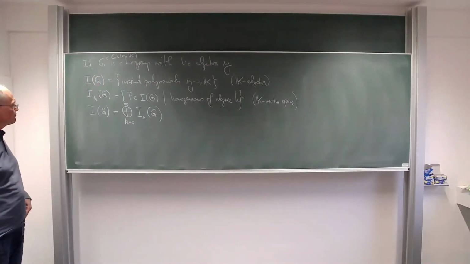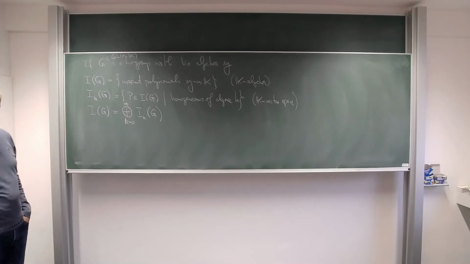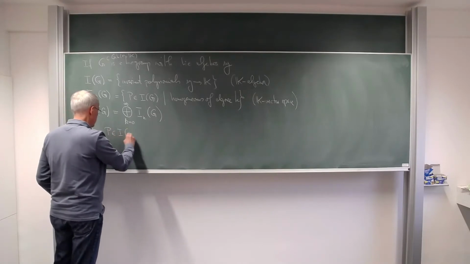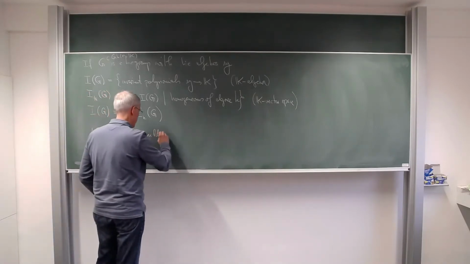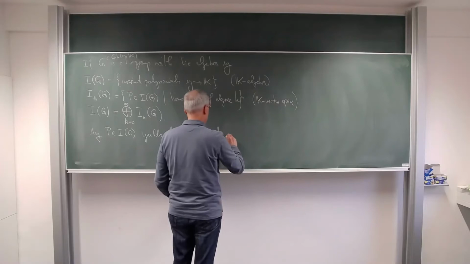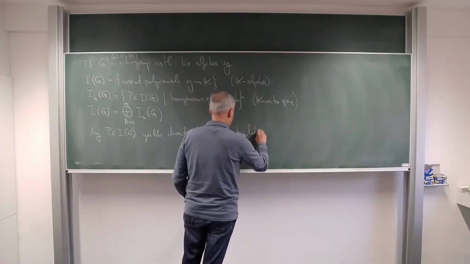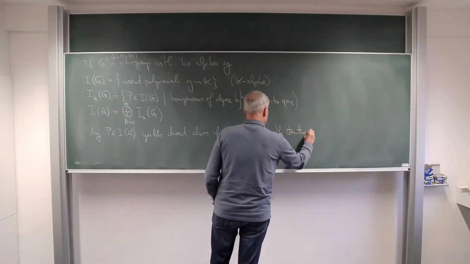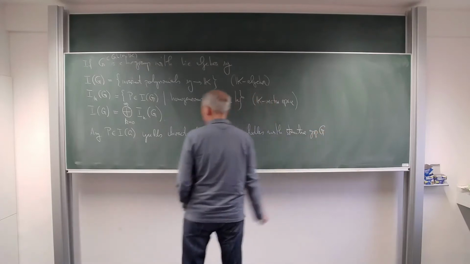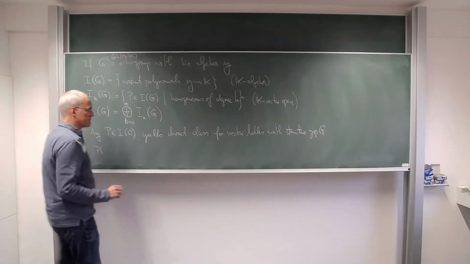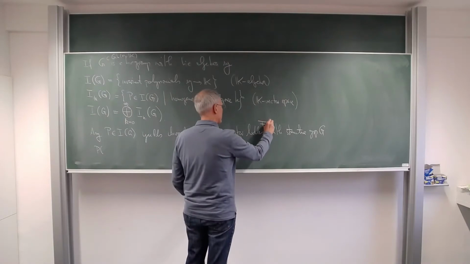And now, any such polynomial gives rise to a characteristic class for bundles, for vector bundles with structure group G. So any P in I(G) yields a characteristic class for vector bundles with structure group G. Namely, remember, if F is such a vector bundle on a manifold M,